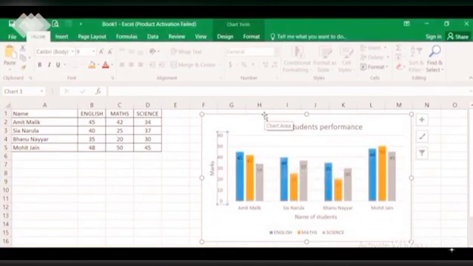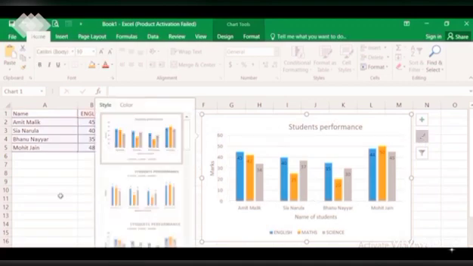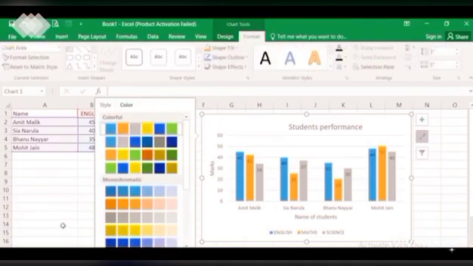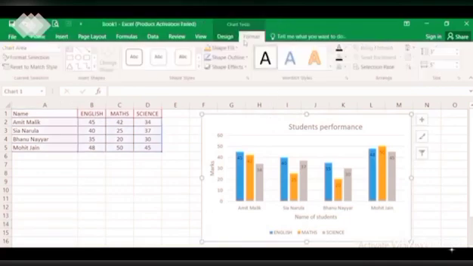Now, after inserting the chart elements, we will learn how to format a chart. Either we can do it from here: when you select a chart, you get this chart format option, style and color, or you can go here in the format tab. So from the format tab, you can also format the chart. Now let's learn how to format.